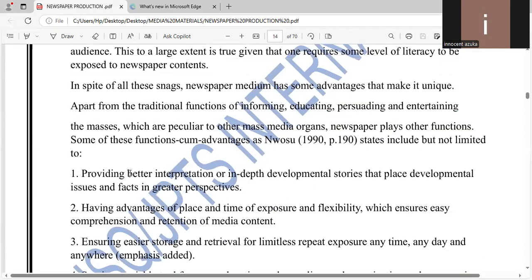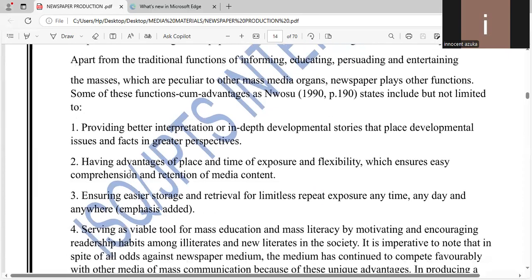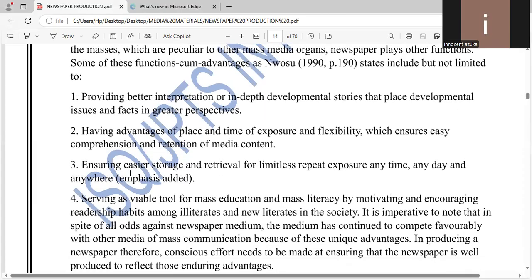Some of these functional advantages, what are those advantages? It provides better interpretation or in-depth development stories that place developmental issues and facts in greater perspective. Number two, it has advantages of place and time of exposure and